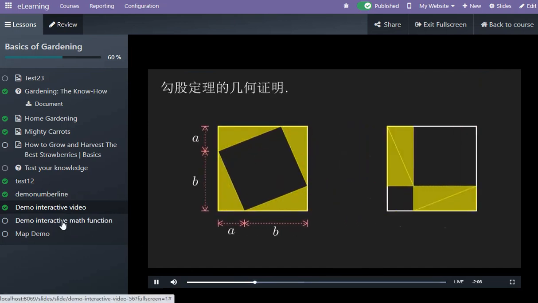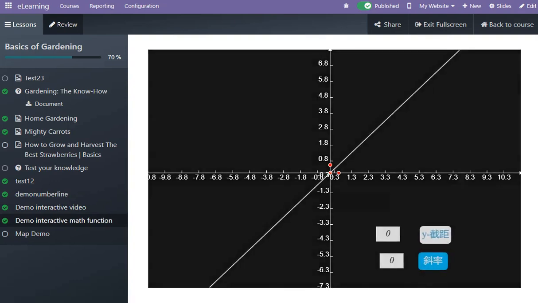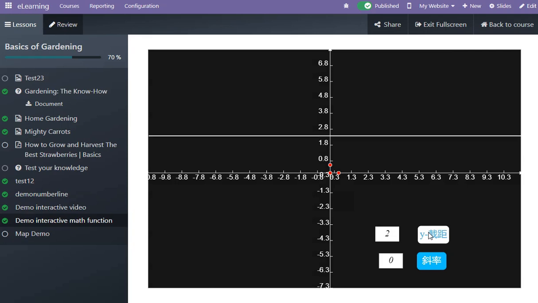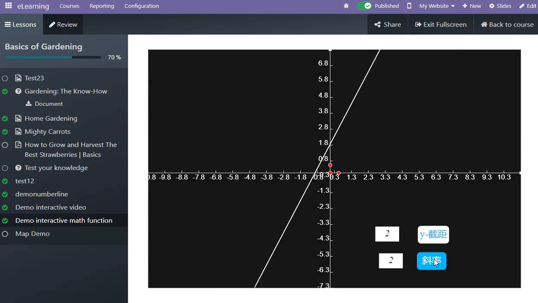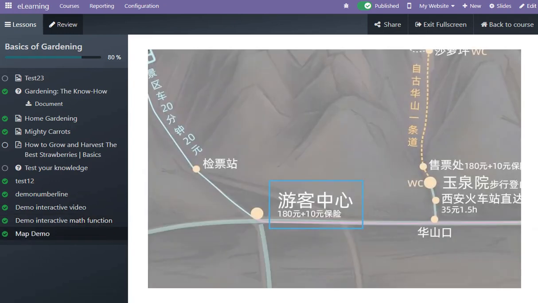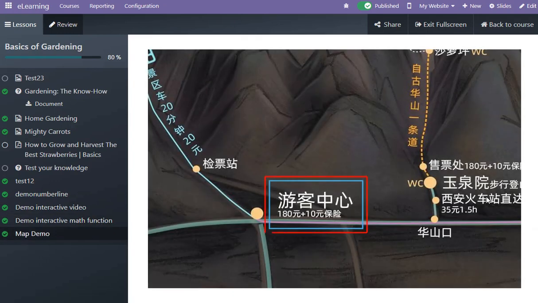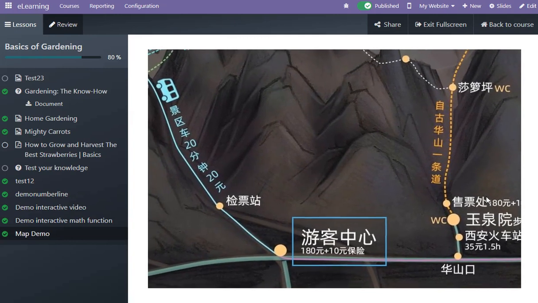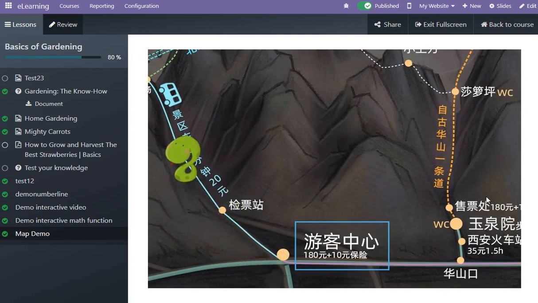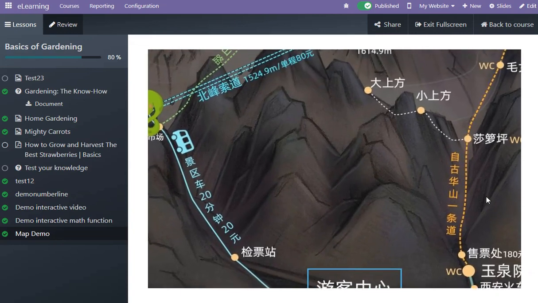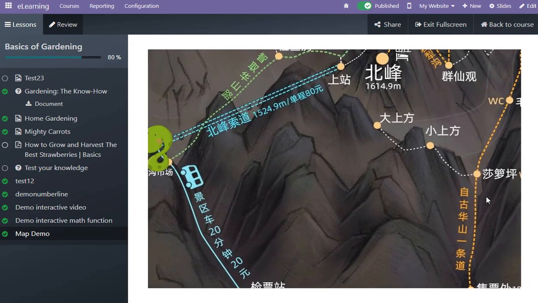And then, for example, I added another one to demonstrate mathematics. In the end, it can have melodic variations. For interactive mathematics, it can do a lot, that is to say, any courseware written with the tool I developed using ODOO can be included. And then, ODOO itself is very popular as a